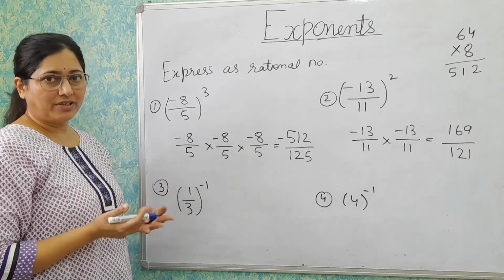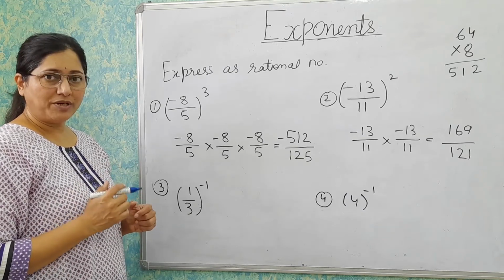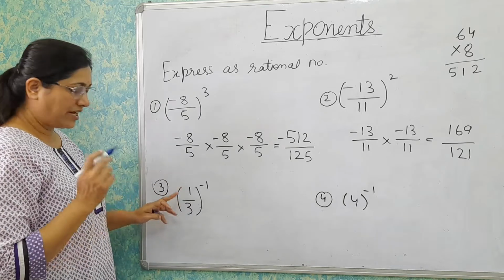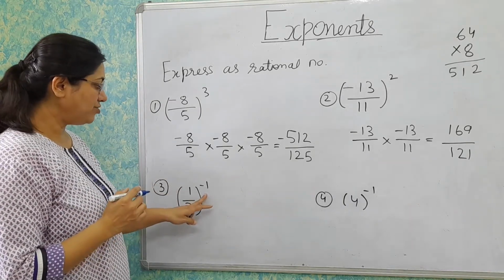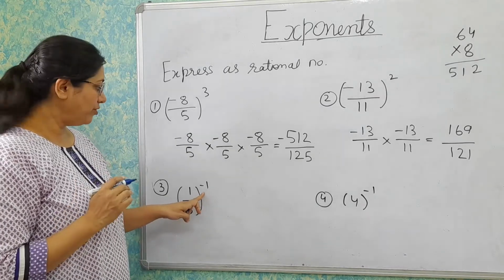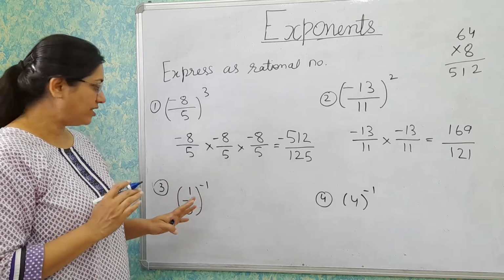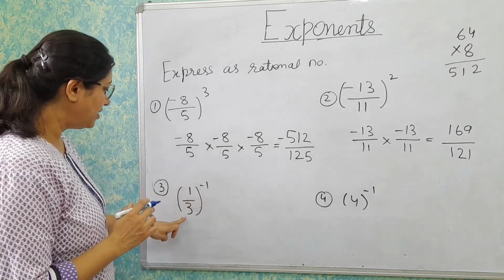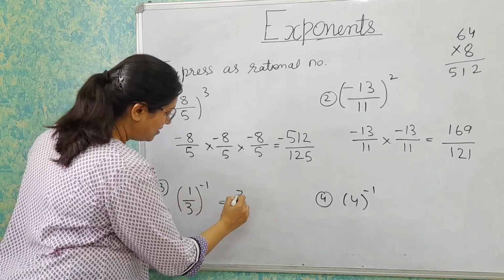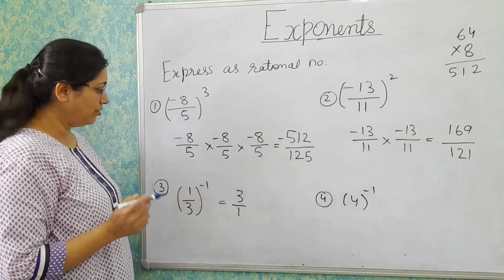And if you don't know what the laws of exponents are, I have explained them in my previous video. You can go to my playlist and check that video first. Then it is very easy for you. I just explained 1 upon 3 raised to the power minus 1. This exponent is negative and we want to make it positive. And whenever the exponent is negative and we have to reverse it, we have to take the reciprocal of the base number. So I can write it as 3 upon 1. Now its exponent will become 1 only.